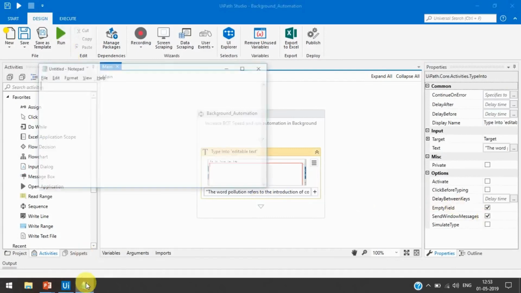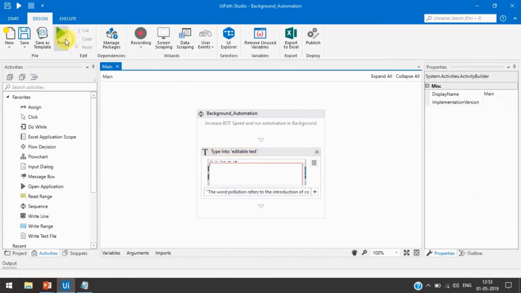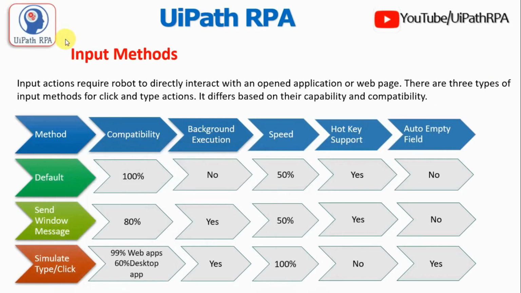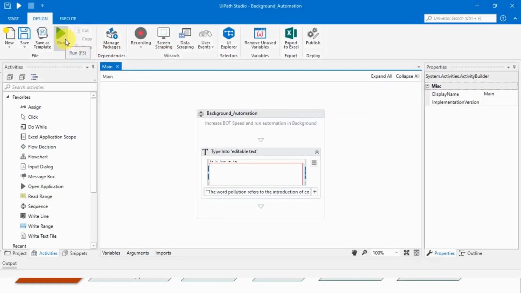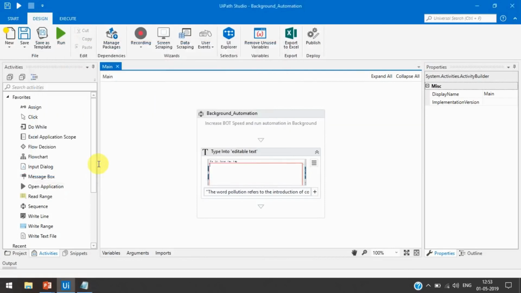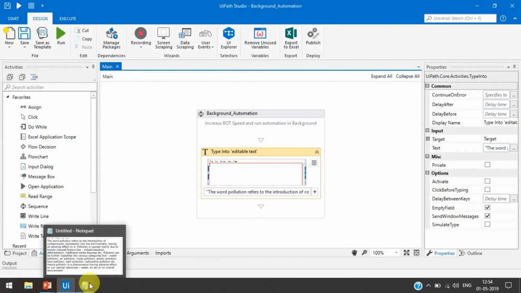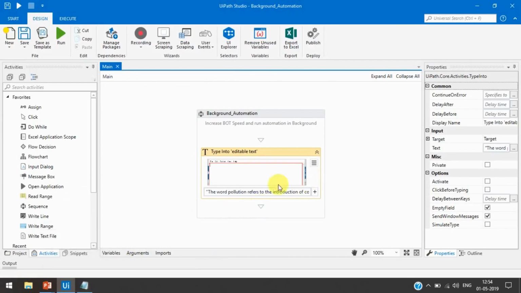Currently there is no data, and now we'll see whether all this data gets typed in that notepad. So let's run this. Now we can just see after execution is done. Okay, so now the execution has been done. Let's open the notepad and see here. The data has been typed, all the sentences have been typed. It means this method supports background execution. So whenever you select this one, it will type the data in the background also, it will work in the background also, right?